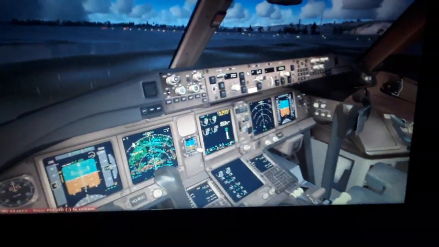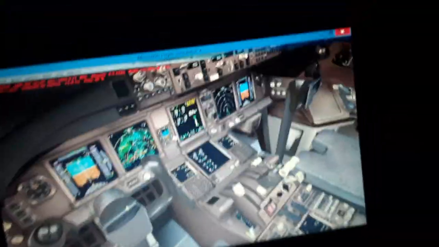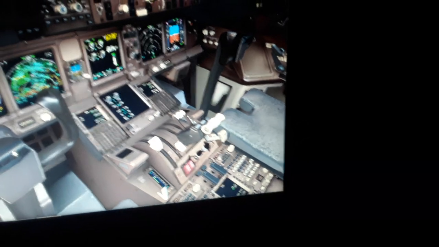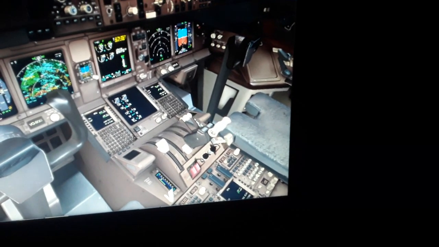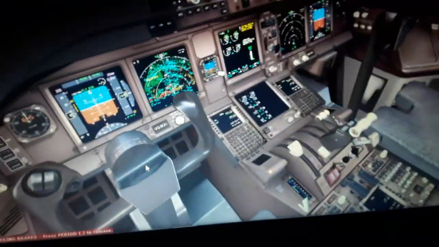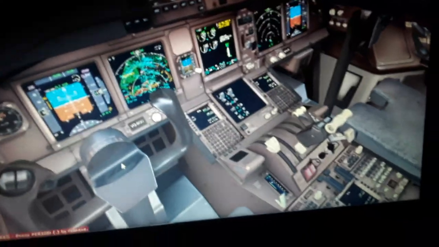We're gonna select the takeoff runway and airport. We're gonna select the airport we're going to take off from and the runway, and then you can see here